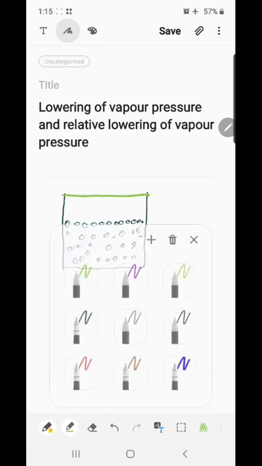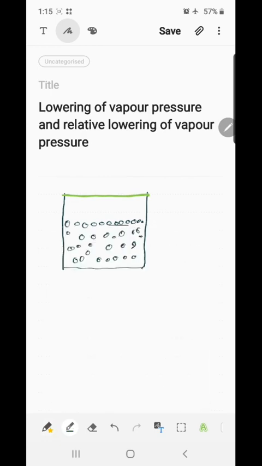Okay, we keep liquid in the beaker, and we know the molecules which are present on the surface go out and form vapor, but they are restricted only to a limited volume because there is a lid on the top of the beaker. So these molecules of vapor are moving randomly. When they move randomly, they may collide with the surface molecules, and it may happen that the vapor molecule